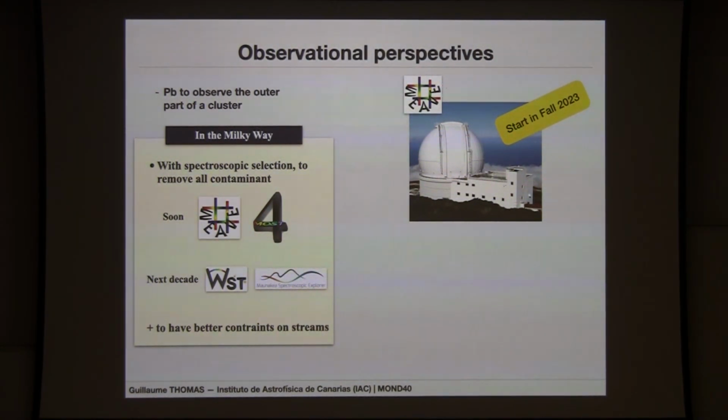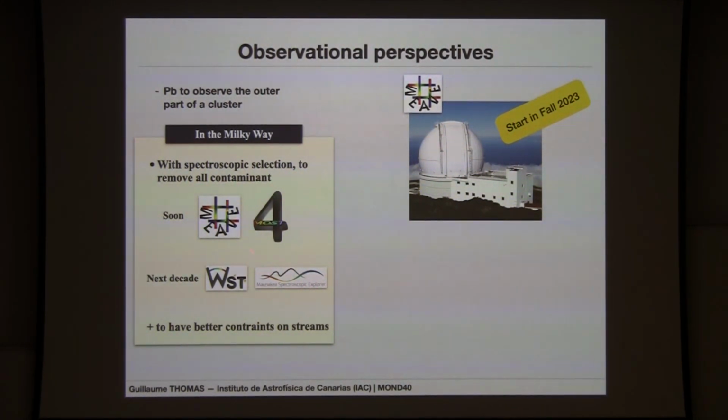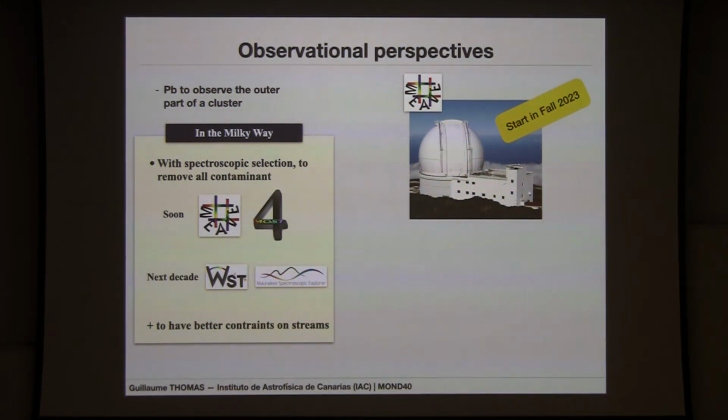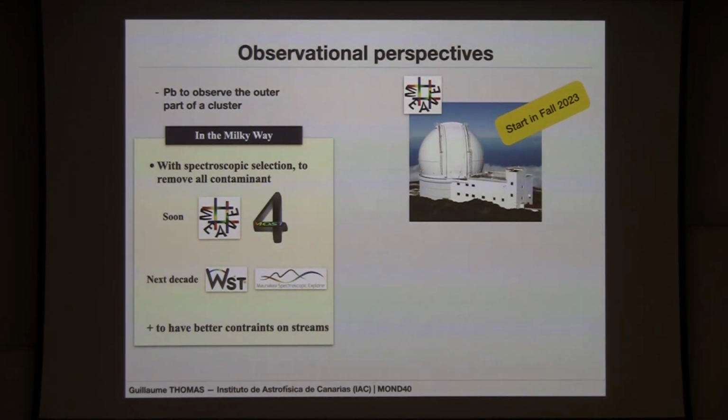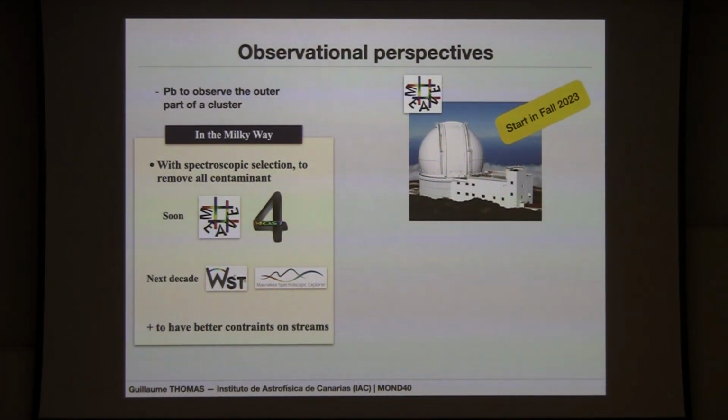And part of it would be possible with the WEAVE and 4MOST instruments. Not only the surveys, but the instruments, at least for WEAVE, will be able to apply on it. And the WEAVE surveys in general, or instrument, will be available this fall. And in the next decade, that will be possible with 10-meter class telescopes, which are debated to be constructed, either the Wide Spectroscopic Telescope or the Mauna Kea Spectroscopic Explorer, which will be extremely great if we can construct them. The advantage of the spectroscopic selection is that we can also get better constraints on stellar streams, thanks to modeling them and so on.